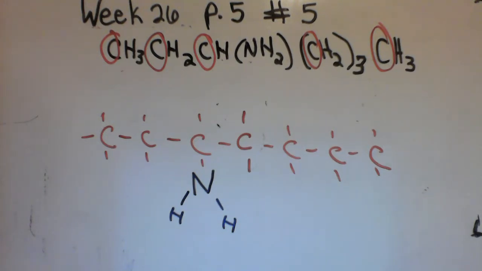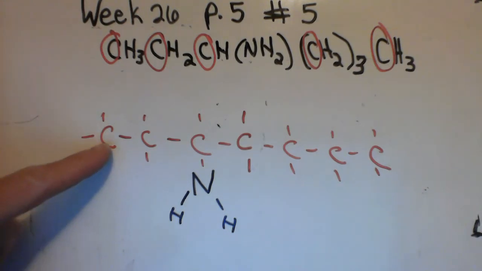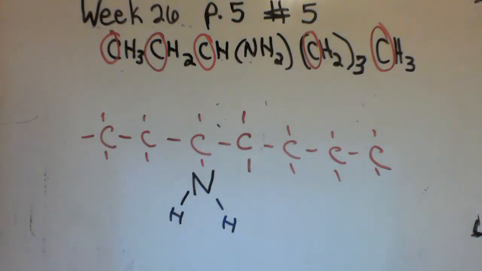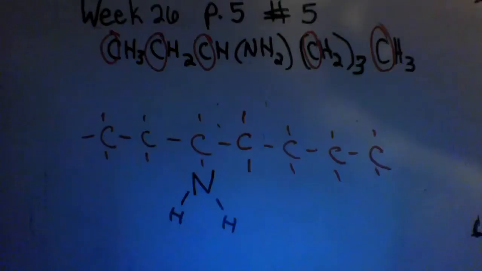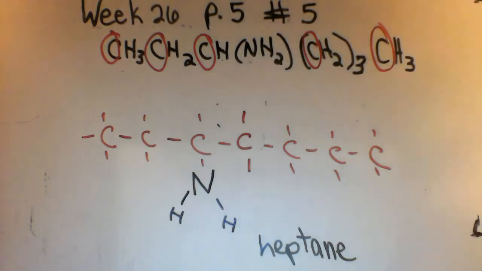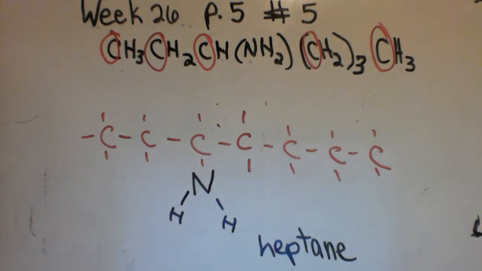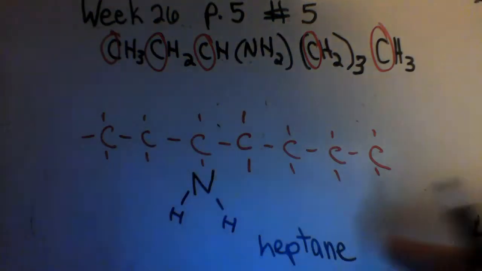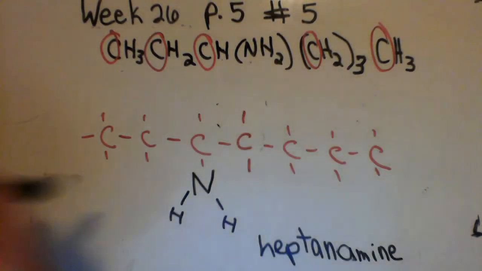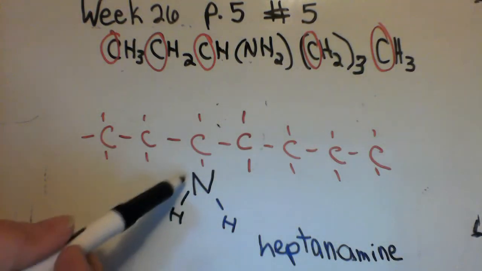So the way to name this is to use the prefix or the root for 7, since there are 7 carbons, and that's hept. So we have heptane, which is a 7-carbon chain. Get rid of the E and add the ending. So we have heptanamine. Now we have to tell which